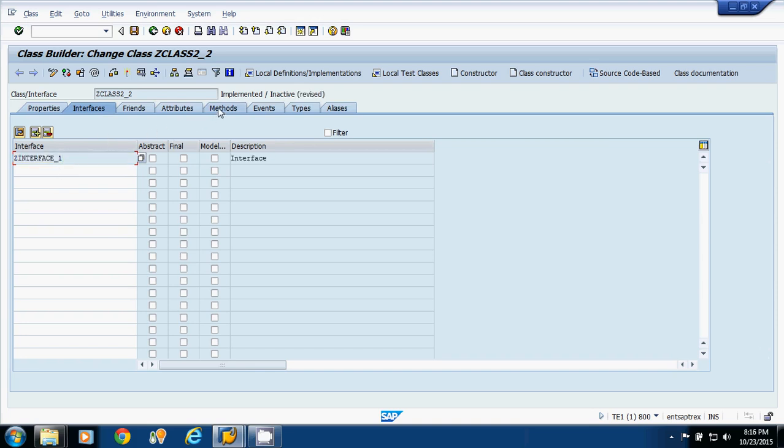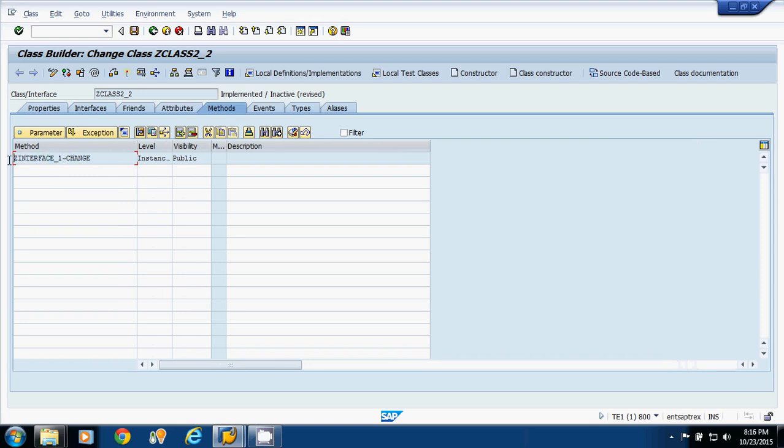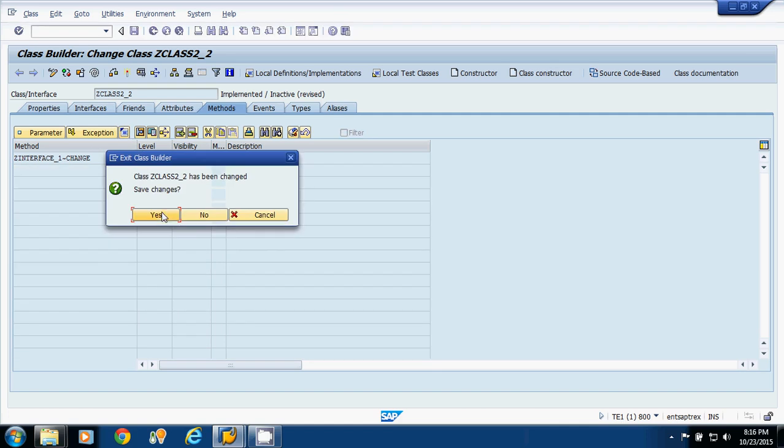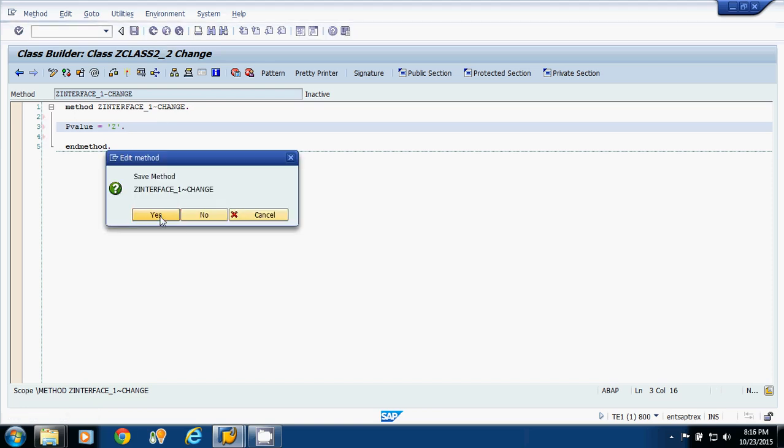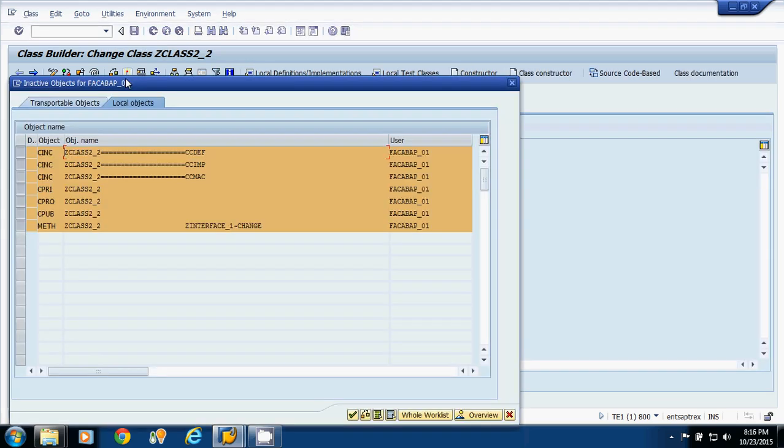Now if I go for methods, the same interface method is appearing here also. Now suppose in this class I am giving the logic. Suppose p value is equal to z. Now I will save this and activate this.